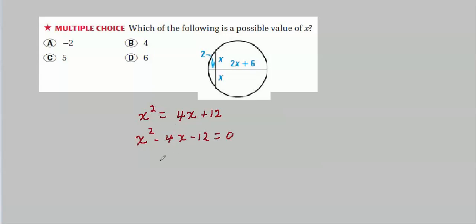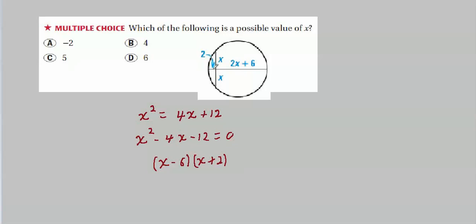Let's try that. X minus 6 times x plus 2. Now let's see, that'll give us a negative 12. Minus 6x plus 2x is minus 4x, and we got x squared. Okay. That looks like it. That means x could be 6 or minus 2. Well, gee whiz. Looks like we got 2 right answers here. Equationally, anyway, we have 2 right answers, but